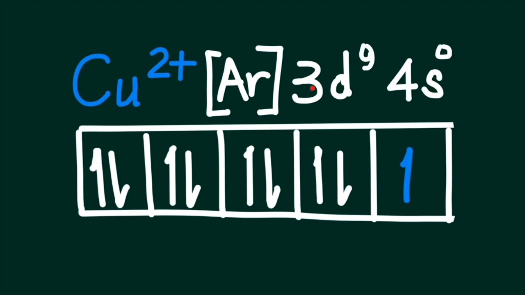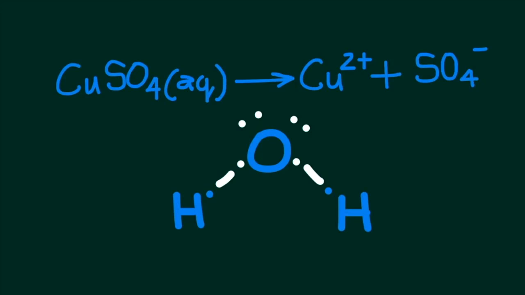And when copper forms an ion, 2 electrons are lost, one from the 4s level and one from the 3d, leaving this electron configuration with 4 parts of the d orbital containing 2 electrons each and the 5th one containing the 9th electron. When copper sulfate is placed in solution, copper ions and sulfate ions are surrounded by water